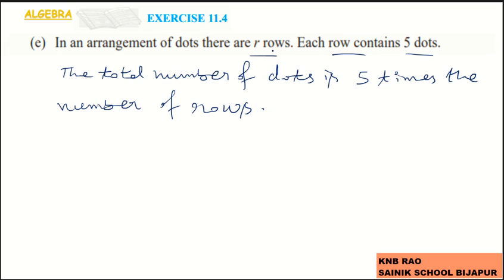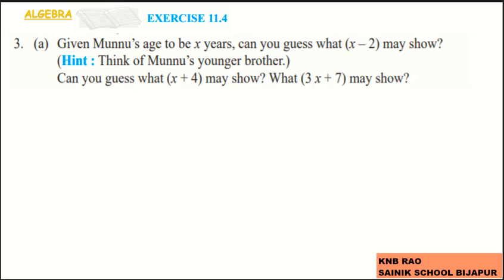So that same thing we expressed in terms of words. Now children, with this sub question E ends as well as main question 2 ends. Now let us take main question number 3. Children, in main question number 3 there are 3 sub questions. So again we will do one by one. Coming to the main question 3 and sub question A,